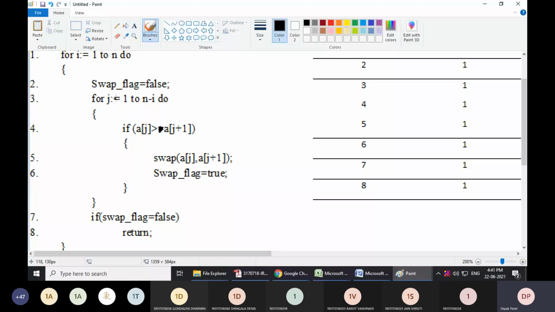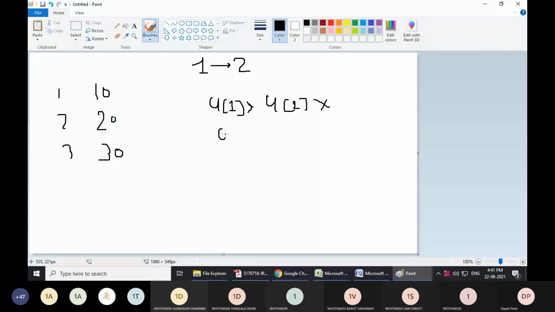Now the value of j becomes 2 and it checks the next condition, whether a of 2 is greater than a of 3. No, this condition is also false.